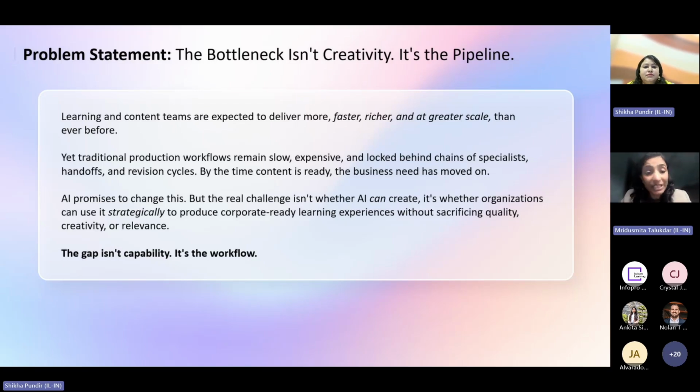not a disconnected experimentation. And Nolan was introducing Infopro, and at Infopro, what we have been actively evolving are frameworks and workflows around this through our IDF approach, right? We have our own development framework, the Intelligent Design Framework, where AI supports the overall learning lifecycle and not just isolated production tasks. Shikha, Nolan, I think that's really the larger shift that we are helping organizations start thinking about, right?